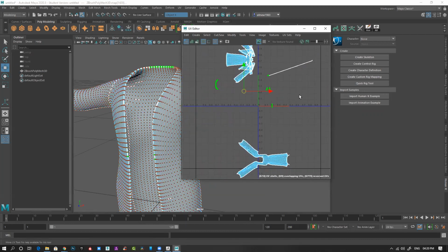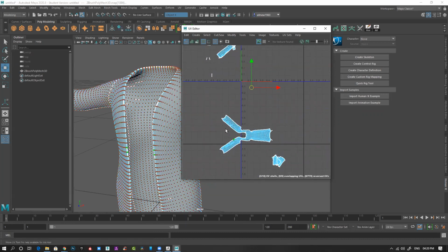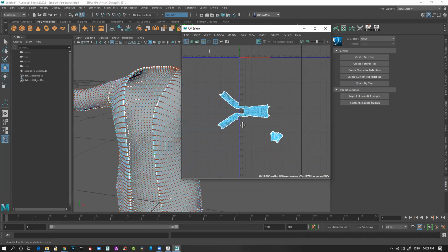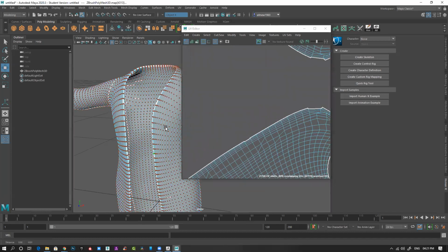Move it. Okay. But attached here extra. Okay, there's one part missing.